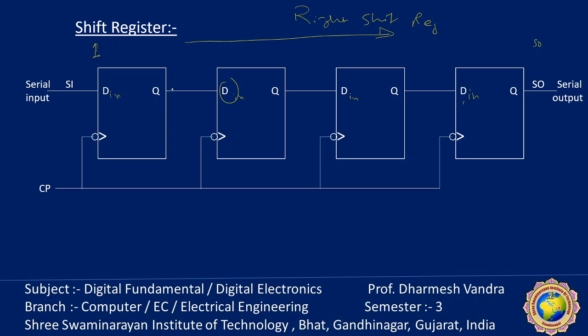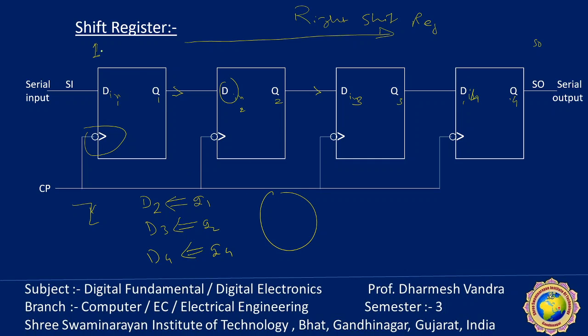Each input is connected to the previous output, the previous output on the left hand side. So here, whatever the Q, suppose stage 1: D in 1, Q1, D2, Q2, D3, Q3, D4, Q4. So on each negative edge, D2 is transferred as per Q1, D3 is Q2, and D4 is Q3.